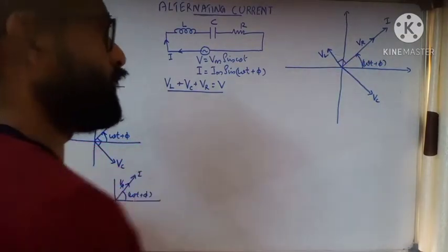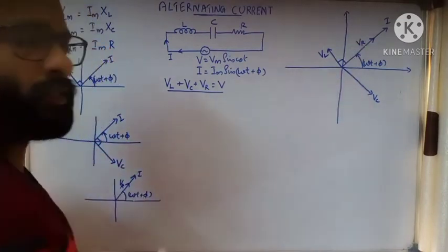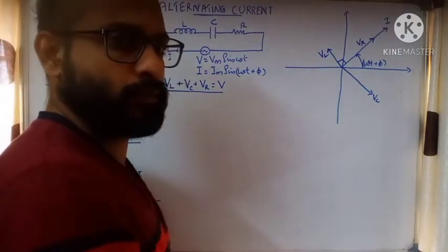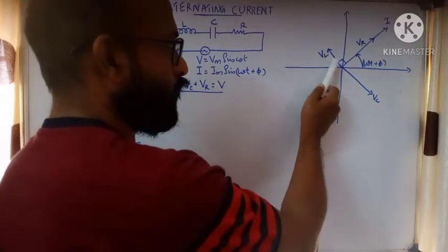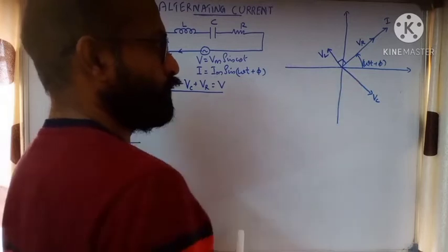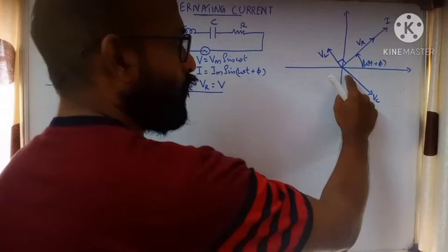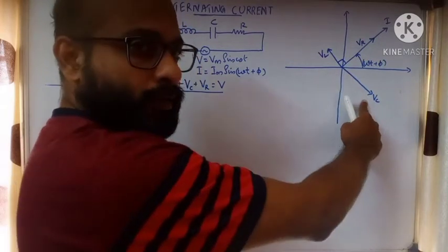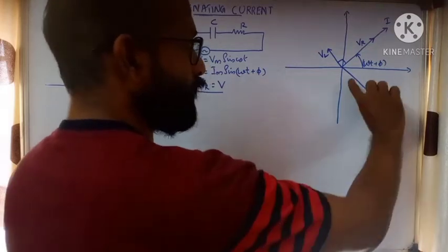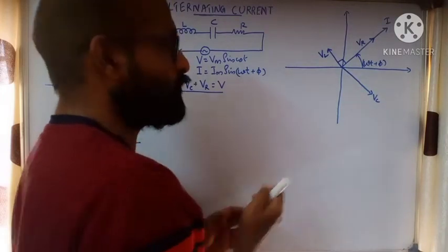Now we need to solve this. We had three vectors. We need to add these three vectors. We have seen here these two vectors are in opposite direction. Then the resultant, how will you find? We need to add these two. So the resultant of these two will be VC plus VL. Now I have drawn this VC longer in length. So two vectors in opposite direction. Actually we need to add, but they are in opposite direction, so we need to subtract.